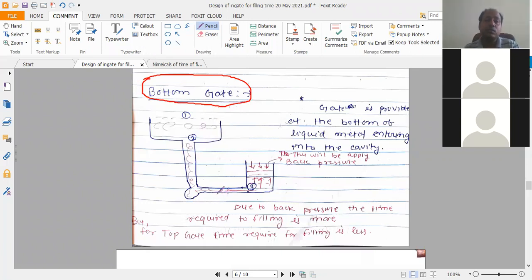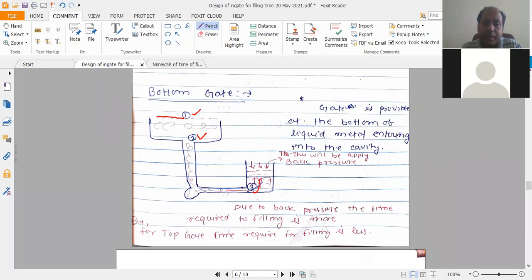So let's first think that the mold is here, and the molten metal is poured here at point 1. This is the entering point from the sprue, and it is entering from the mold to the mold, at point 3. If the molten metal is filled into the mold from here, the molten metal goes upward, so upward filling will proceed.